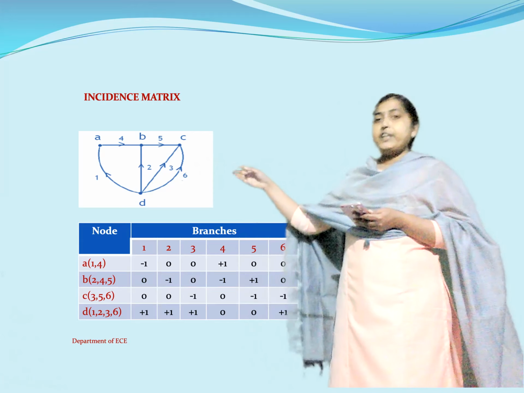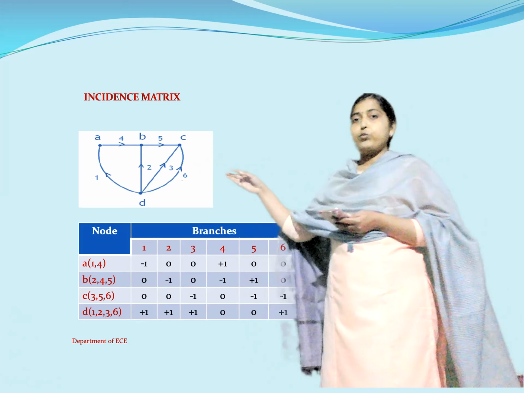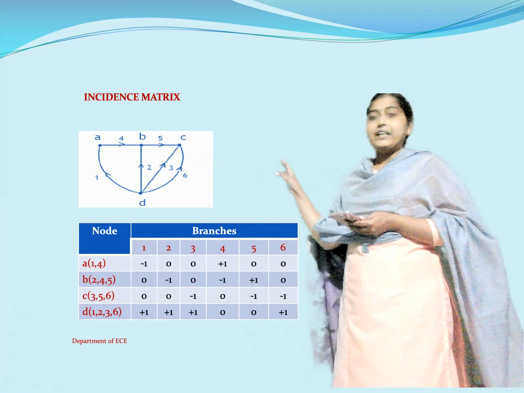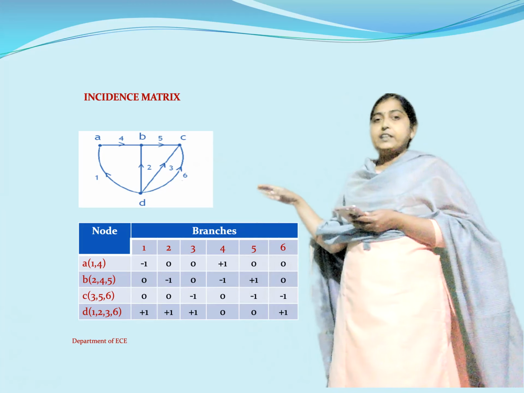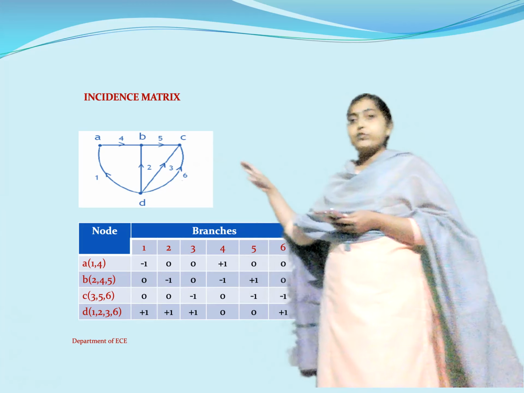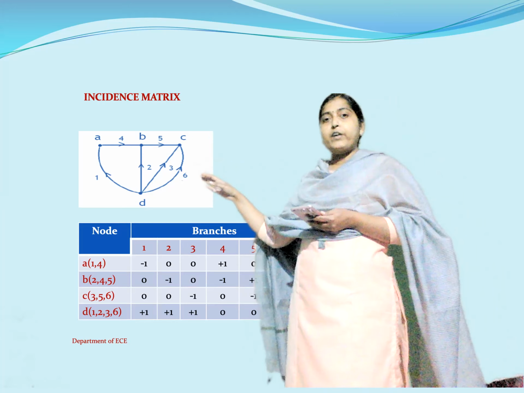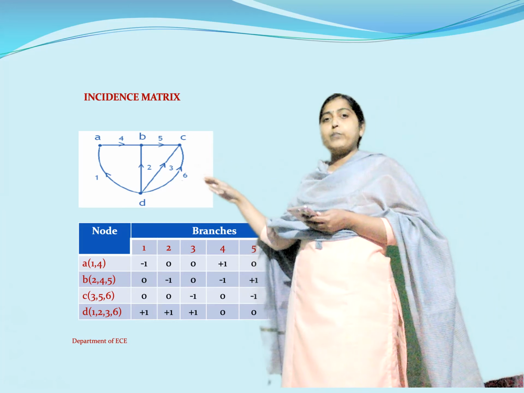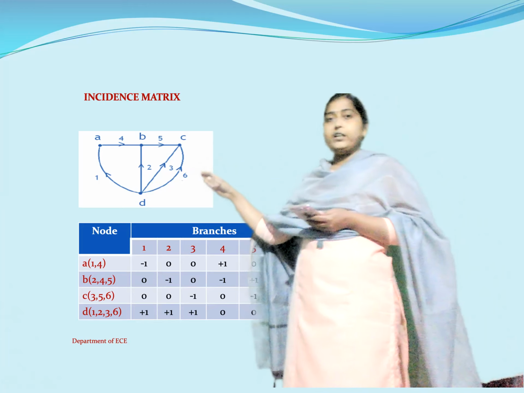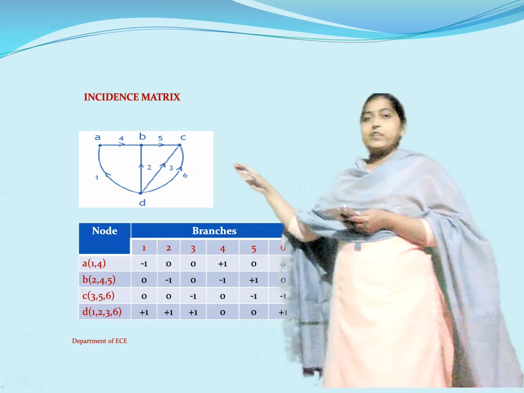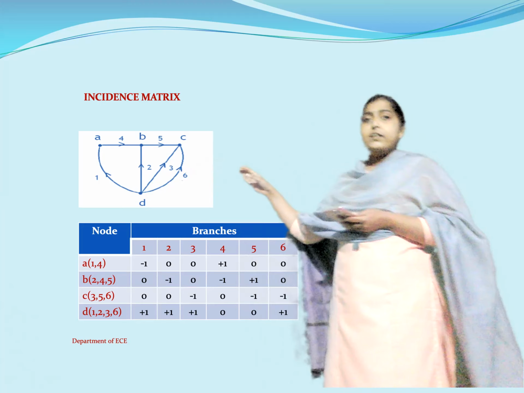So from the given network graph, first what you have to do is you have to prepare a table. In order to prepare a table, what should come on which side, that we'll discuss now. So first from the given network graph, you have to identify the total number of nodes which are present in your network graph. So you know how to identify the node, and last class we have also discussed that the